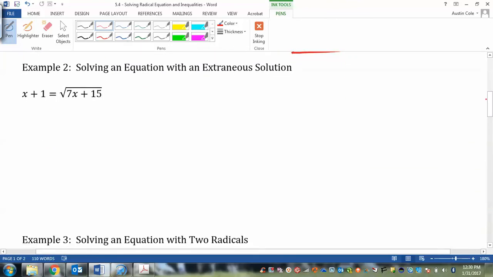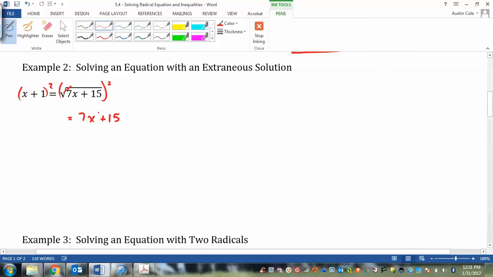Example 2. How do I get rid of the square root? And you square it, okay? So I'm going to square both sides. And on the right side, the square root goes away, so I'm just left with 7x plus 15. And on the left side,